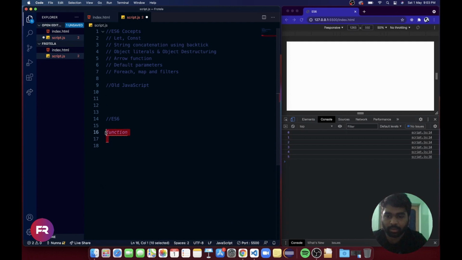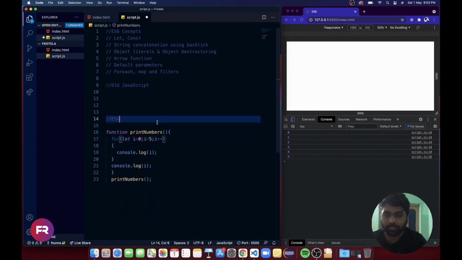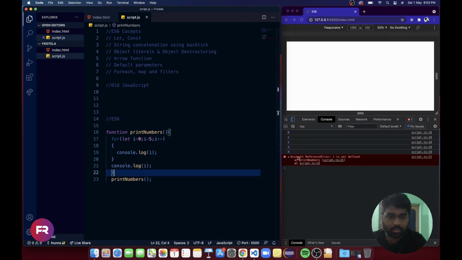let's copy paste it here. If we write the same code replacing var with let, now if we compile, we got an error, right? By using let, it will be available only to this block, so it is block scope. In old JavaScript var is function scope. So we got another keyword, right, const.